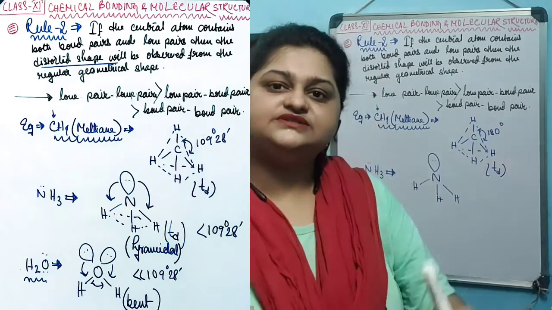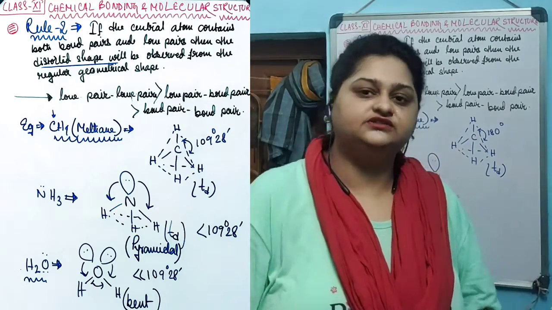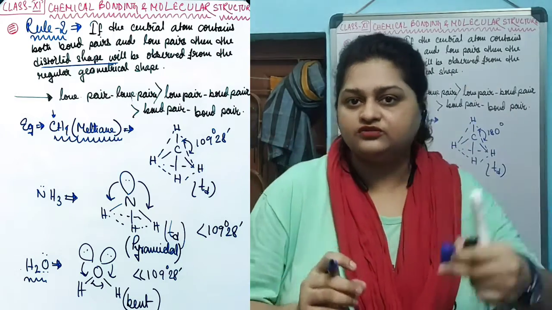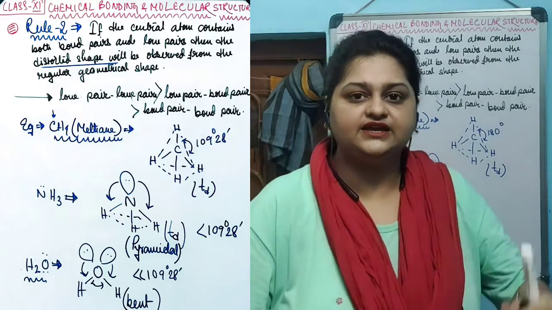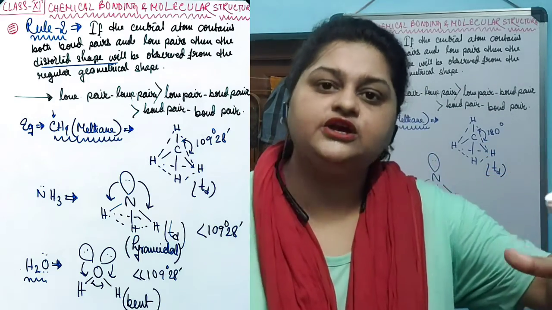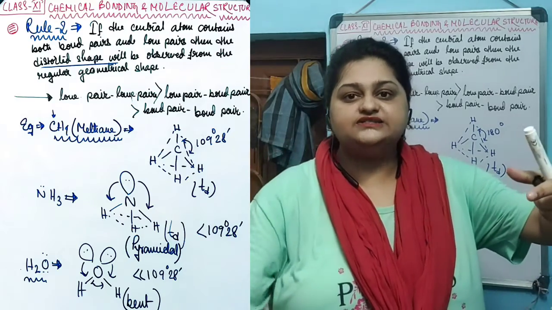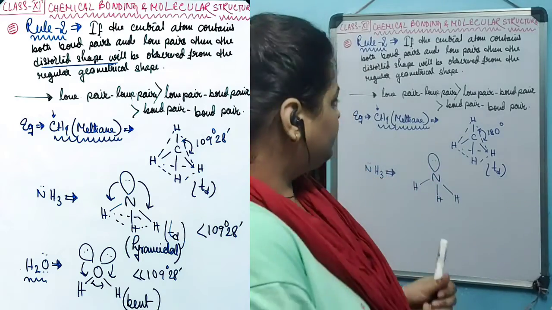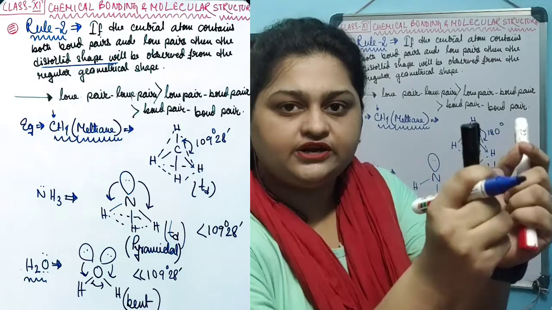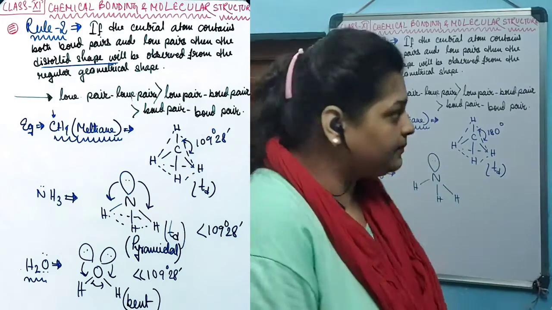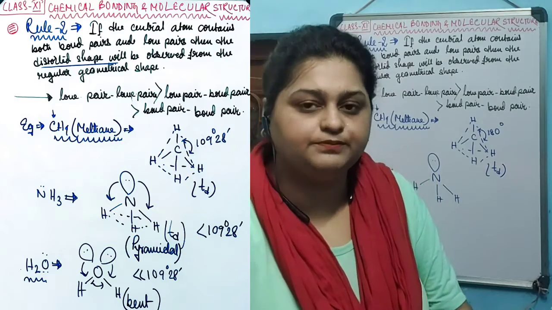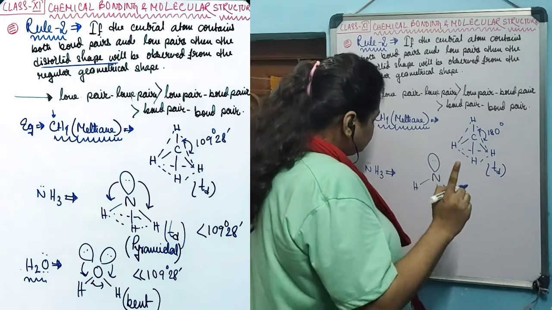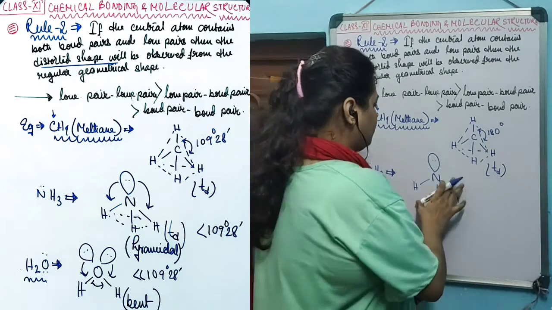So when 2 bond pairs are situated in close proximity with each other, they repel each other. But if you replace one of the bond pairs with a lone pair, the lone pair will now occupy much more space, and thus it will create much more repulsion onto the bond pair. That's why it is said that when 2 lone pairs are situated in close proximity, they create more repulsion, compared to lone pair and bond pair repulsion, compared to bond pair and bond pair repulsion.